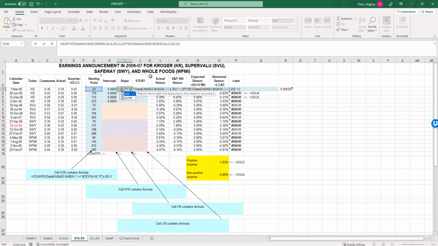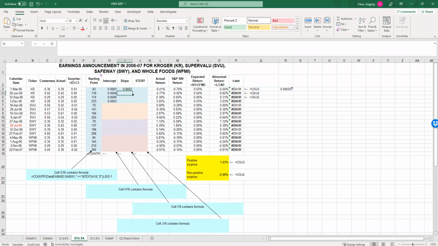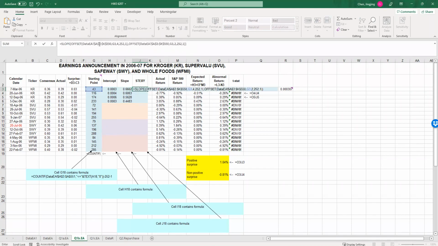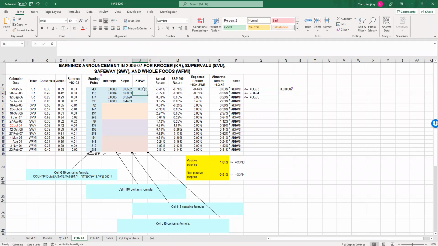Change it to slope. Drag it. Change everything here to this. INTERCEPT, SLOPE, STEYX. Okay, so now I can copy the formula